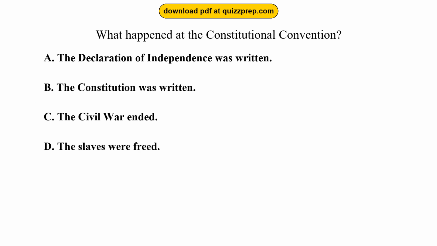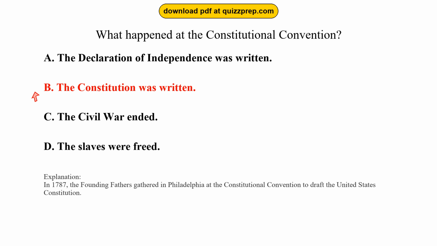Question 54. What happened at the Constitutional Convention? Option A, the Declaration of Independence was written. Option B, the Constitution was written. Option C, the Civil War ended. Option D, the slaves were freed. The correct answer is option B. The Constitution was written. In 1787, the Founding Fathers gathered in Philadelphia at the Constitutional Convention to draft the United